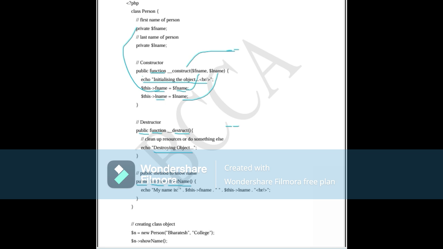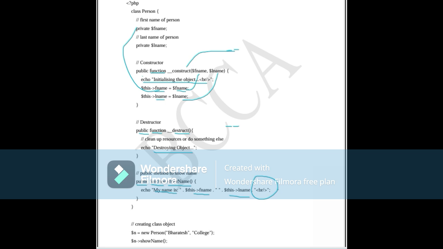It prints the message "my name is", and it prints the values that we gave while creating the object, that is fname and lname. Since we are going to run this program in the browser, we are using the BR tag. The BR tag will take us to a new line.